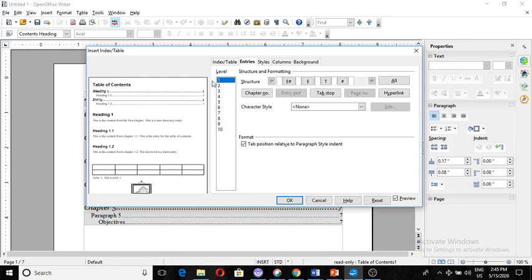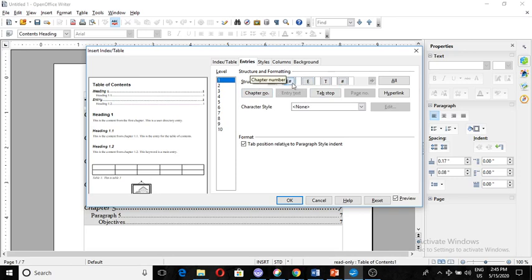See, there are levels. As we all know, we have 10 levels. So for level 1 heading, we have the structure as chapter number, entry text, tab stop, page number and hyperlink. These four, chapter number, entry text, tab stop and page number, are shown here.